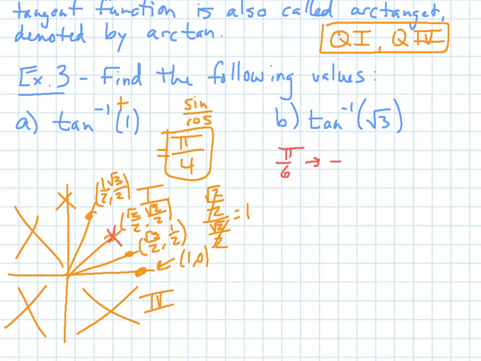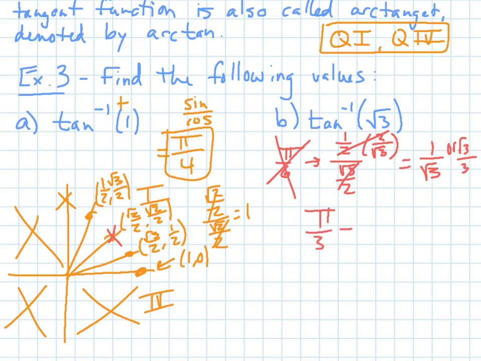Just to test. So remember, it's sine divided by cosine. Here I'll multiply by the reciprocal. The 2's cancel out and I'm left with 1 over square root of 3, which is the same thing as square root of 3 over 3. That is not my ratio, so it is not pi over 6, so it must be pi over 3. If you chose that one first,